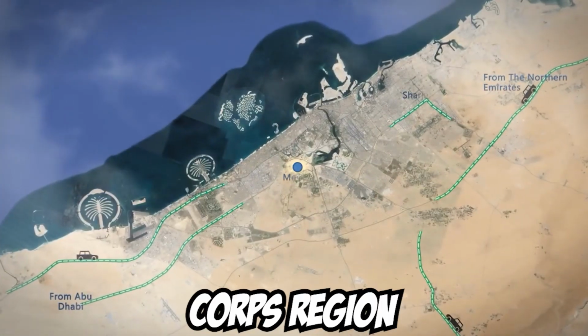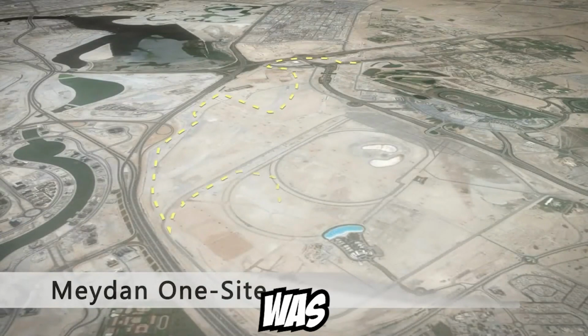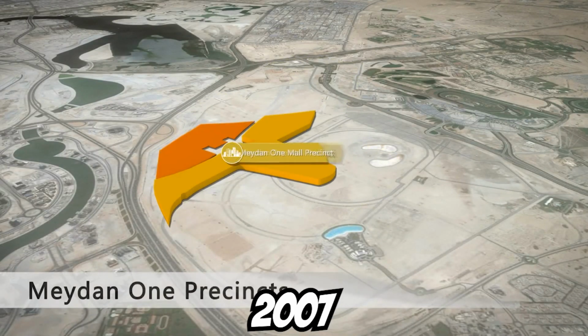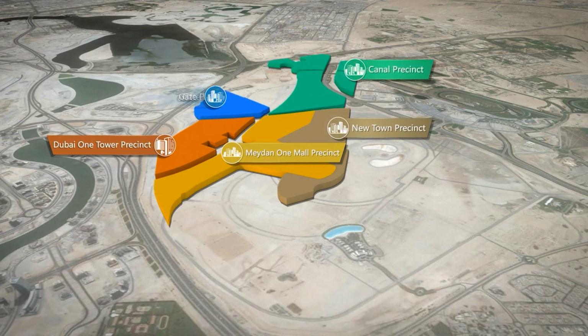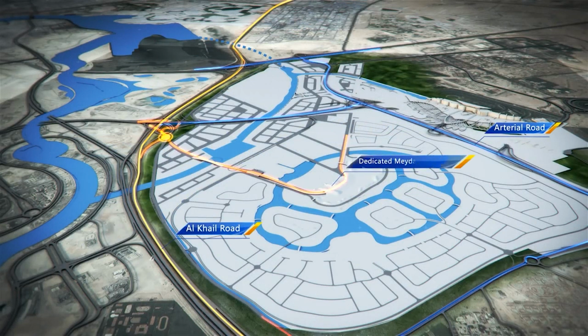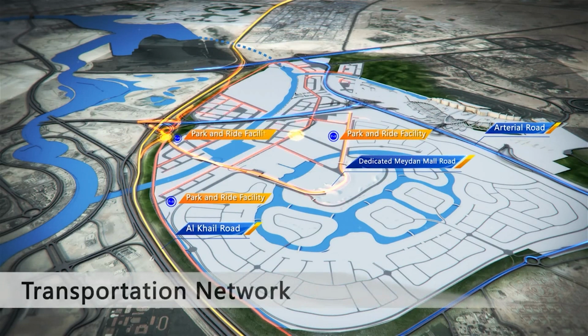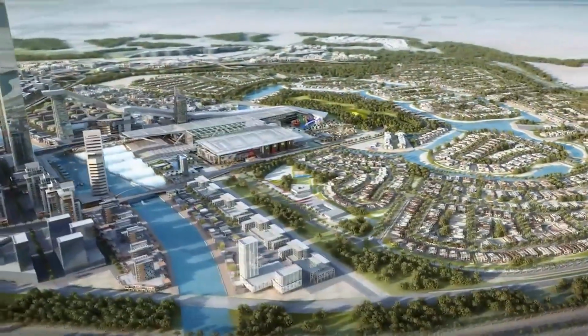In Dubai's Ras Al Khor region, an innovative development called Meydan City is now being built. The project was introduced throughout the weekend of the 2007 Dubai World Cup on a roughly 15 million square foot land area. The final development will cover more than 40 million square feet. This equates to 3,700,000 square meters of gross floor area, with the Meydan Racecourse opening on